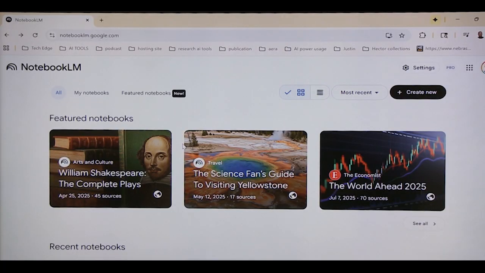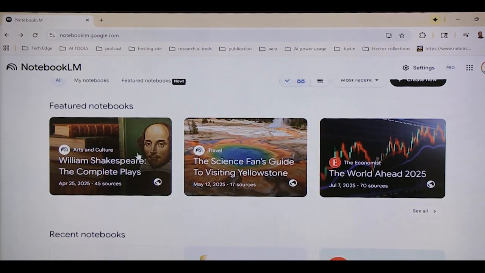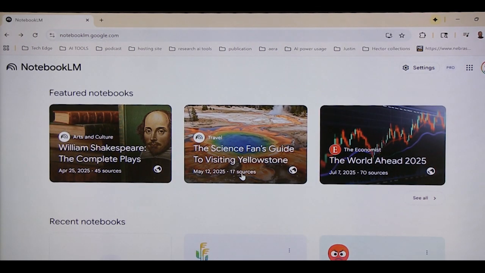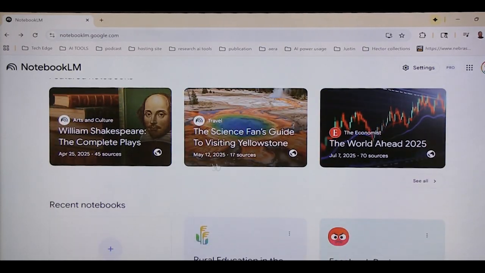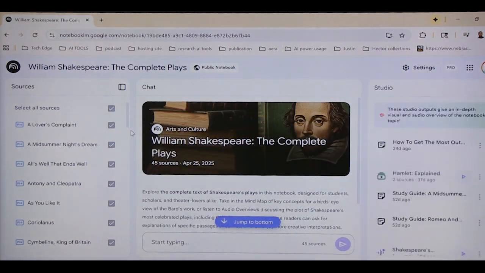that have been added. And the first one, when you open Notebook LM, you see featured notebooks. These are the new feature that you can see. If you don't have any document to upload, or you are just being curious, you want to explore other information, you see some featured notebooks over there. So you can choose any of them. So let's choose one. William Shakespeare's. Okay. Let's see what's in that notebook.